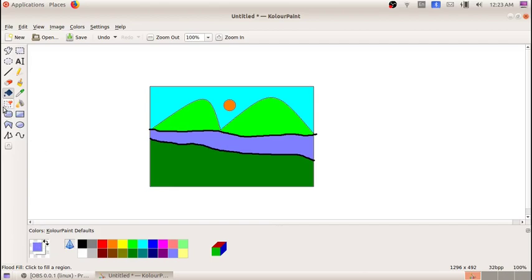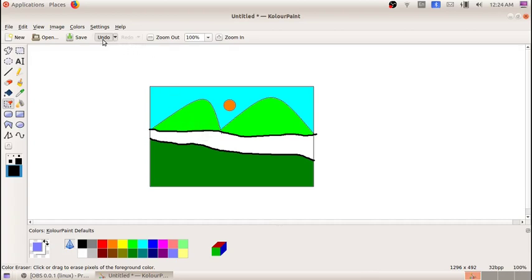Now I am going to select this color eraser tool from the toolbox. This is the color eraser tool. Click on that and just click and drag your mouse. So only that color will be erased. Even if I am moving outside this river, no problem, only that color will be erased. Even if you click on other parts of the picture, it will not be erased, only that particular color will be erased. Do you understand, dear students?